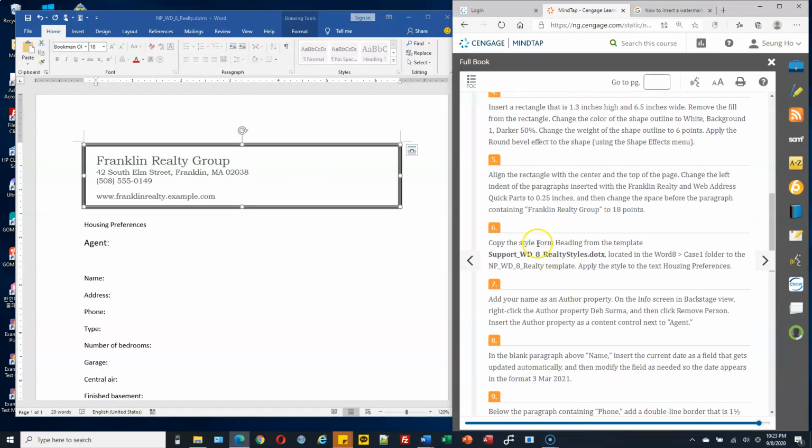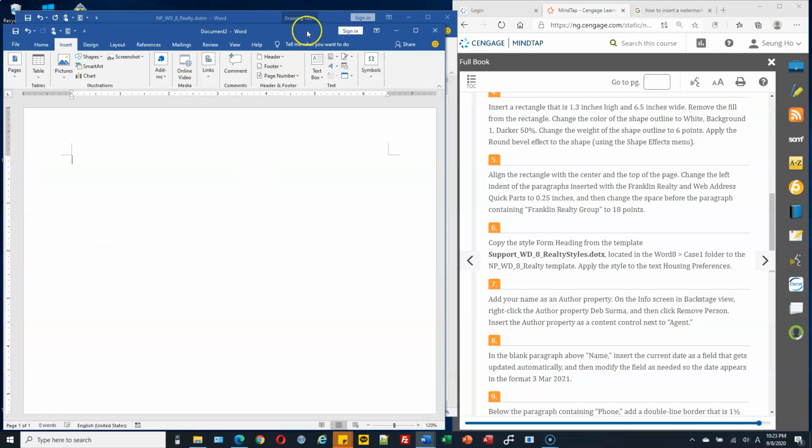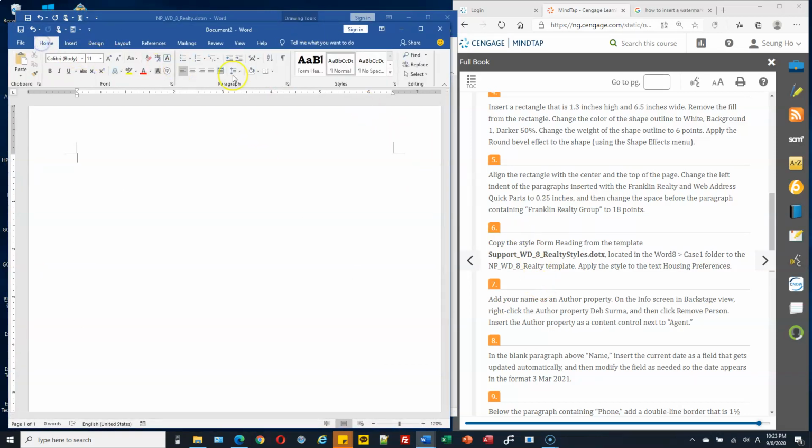Okay, now copy the style from the template. Style. Okay. So go to open realty style. So realty style is this one, right? This one was the realty style, right? So from this, click the Home tab. We have a form heading. So we want to copy this form heading